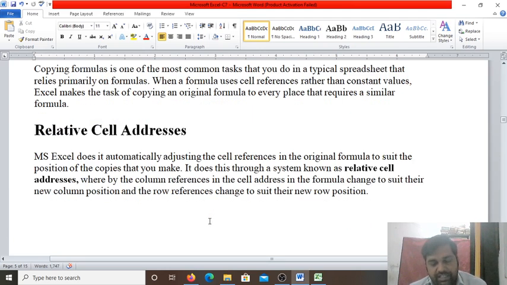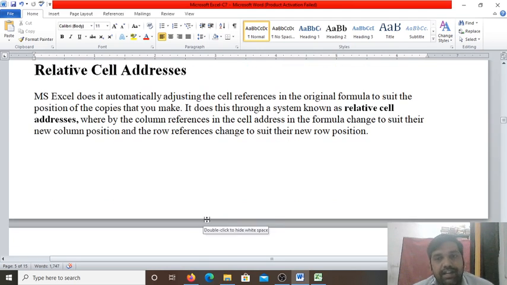Next, using formulas on text. We can also use a formula on text, meaning we can do the concatenation operation, which is adding two string values of two cells. That is called concatenation. Suppose in one cell there is written KIPS and in another cell there is written India. Suppose in cell A1 it is written KIPS and in cell B1 India. If in a third cell, C1, you write the formula A1 plus B1, these two strings present in cells A1 and B1 will be added, concatenated, and will become KIPS India.